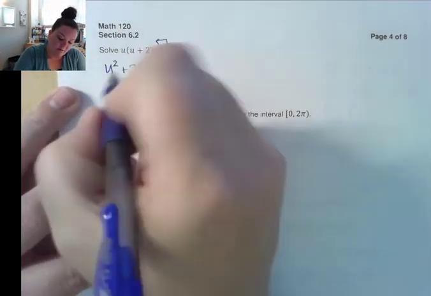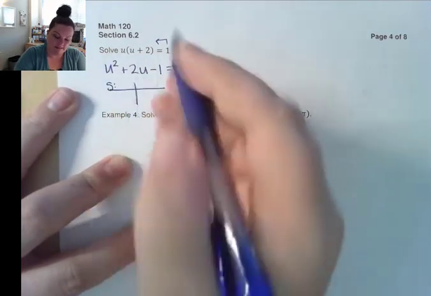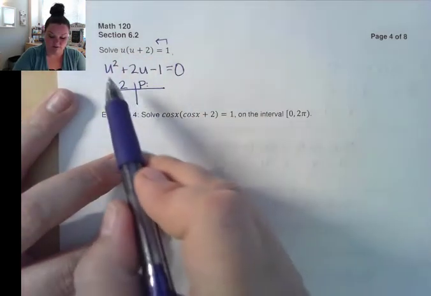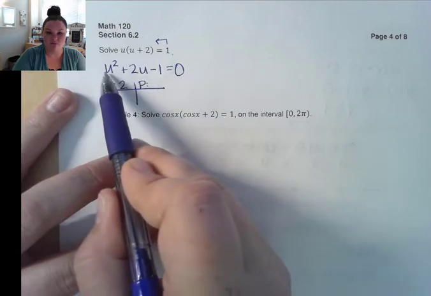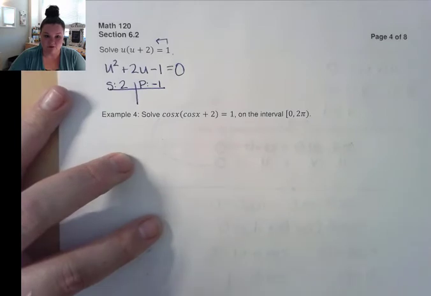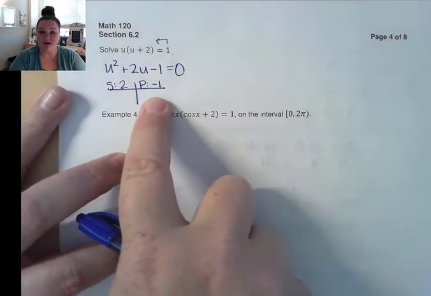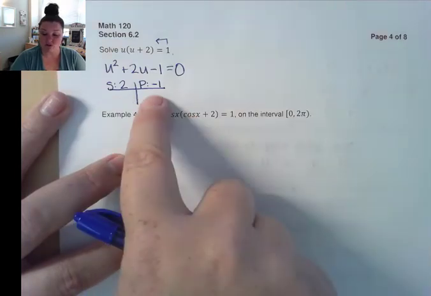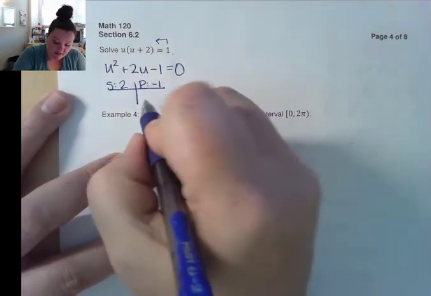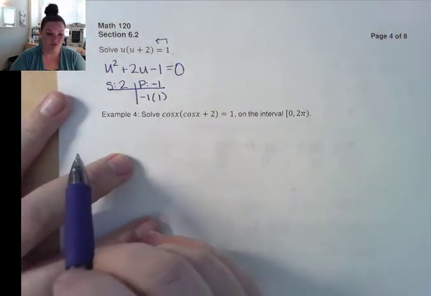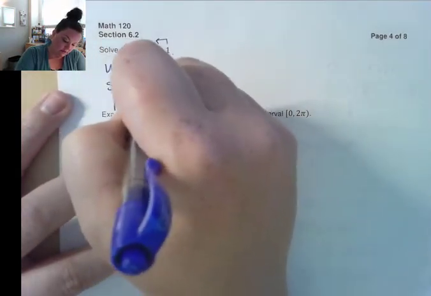So to factor it, I would need a sum of 2 because that's my middle term. And I would need a product, something that multiplies to my first coefficient times my last. So 1 times -1 is -1. So is it possible to find something that multiplies to -1 that combines to +2? And here it's not, right? Because the only thing I can multiply to get -1 is -1 and 1, right? And if I combine those, that gives me a 0, not a 2. So this is not possible